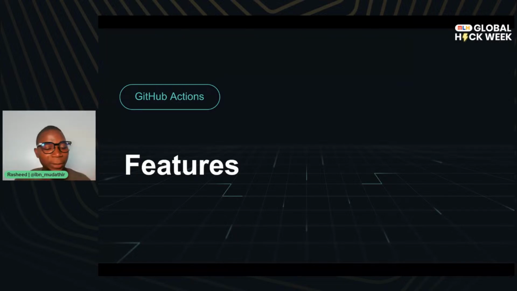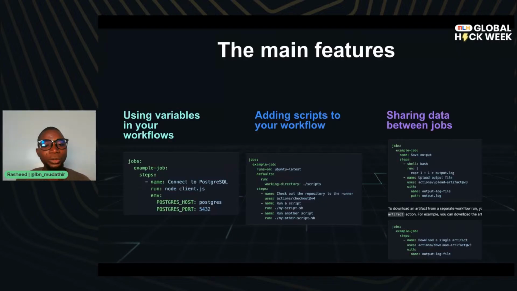Some of the features provided by GitHub Actions. The first one is that you can use variables in your workflows. Variables, as we all know from our computer science class, or if you are not a CS student, from the programming class you've attended, be it a bootcamp or whatever documentation you'll be reading, at one point or the other you will have heard about variables. The same variables that you know there, transfer them back here, it is the same thing. You can declare a variable name, and along the line while you are writing your job or whatever steps you are writing, you can go ahead and use it. That's the first powerful tool provided by GitHub Actions for you to leverage.